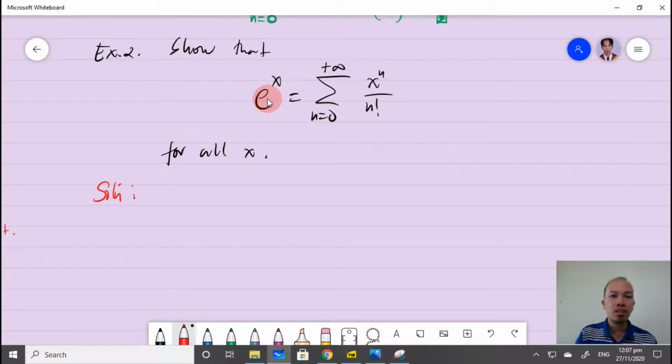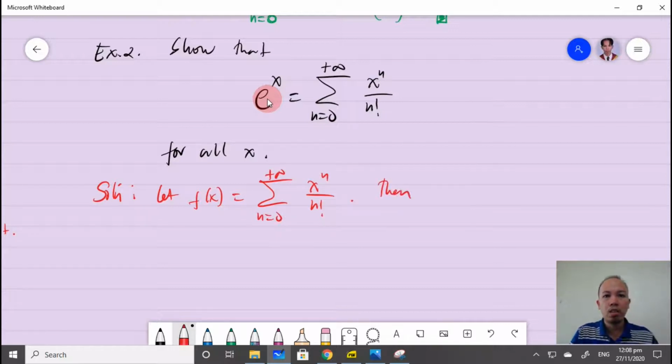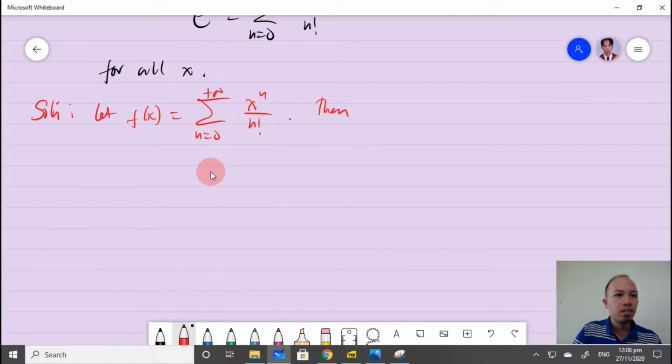First, let f of x be the summation of x to the n over n factorial, where n starts from 0 to positive infinity, and then get the derivative. Maybe let's have an example for integration later. So for the derivative of this one,